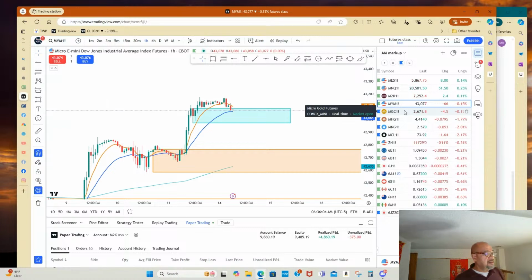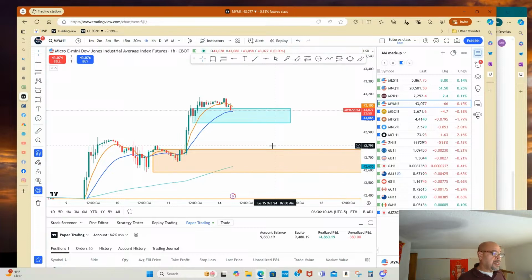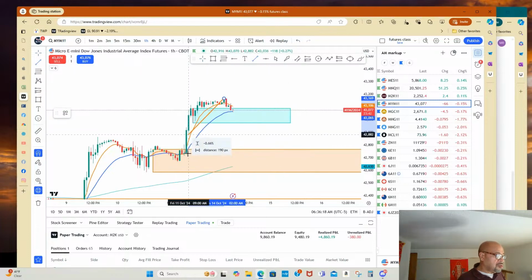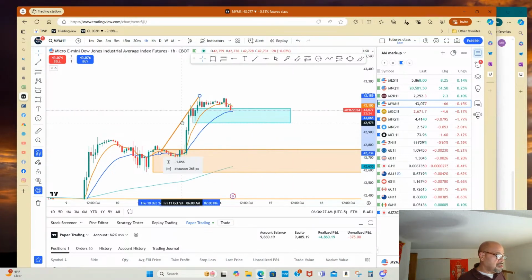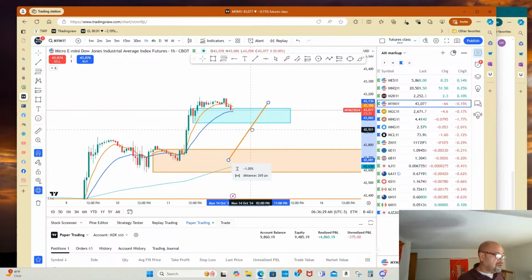If I can be patient and just wait till it gets here and bounces, then I'll catch this move from here back up to here, which would be something like this, right? Like catch this move again